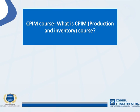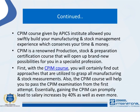CPIM course. What is CPIM? Production and Inventory course. The CPIM course given by APICS Institute allows you to swiftly build your manufacturing and stock management experience, which conserves your time and money. CPIM is a renowned production, stock and planning certification course that will open up brand new possibilities for you in